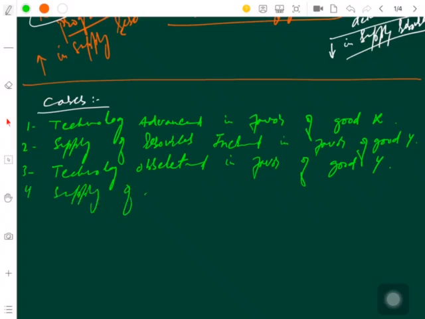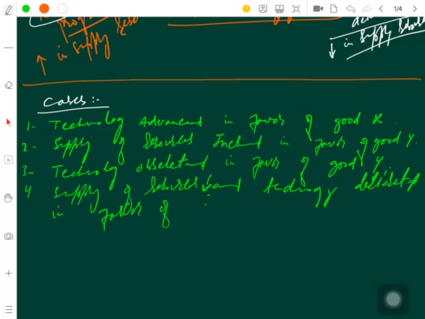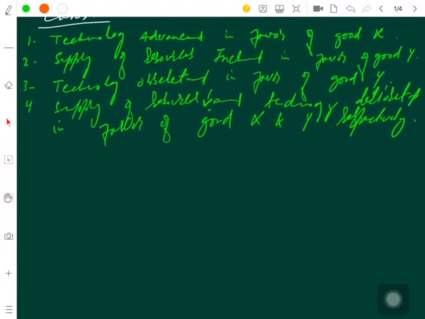supply of resources and technology deteriorated. That means supply of resources decreased and technology deteriorated in favor of good X and Y respectively. How we would perform these cases, how we would do with these cases? It is very simple. Now for you people, after understanding all this is a production possibility